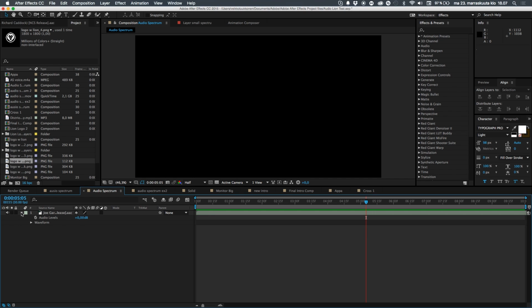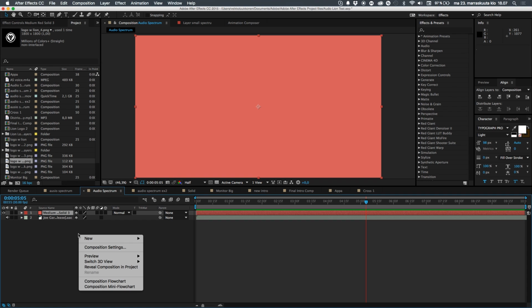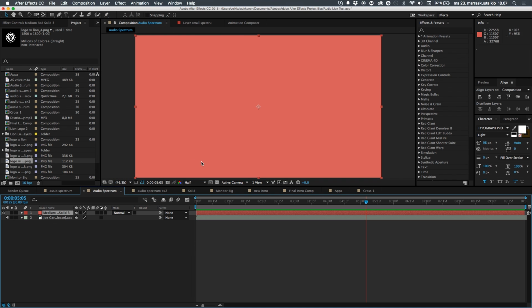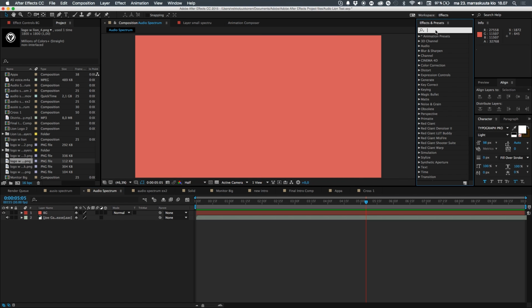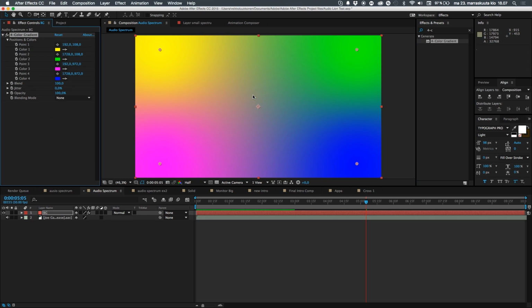So now let's create a background. Real simple, Command Y for new solid, or if you don't want to do that, you can right click and New Solid, or Layer, New Solid. It doesn't matter the color, just make sure it's comp size, it makes life easier. Then we can rename it to BG for background, go to Effects and Presets and type in 4-Color Gradient, and let's just drop that in there. Let's create a real basic